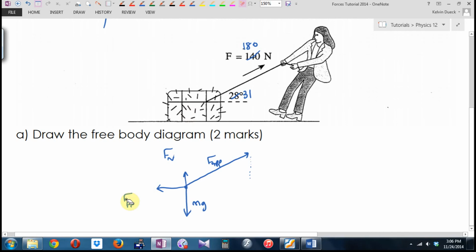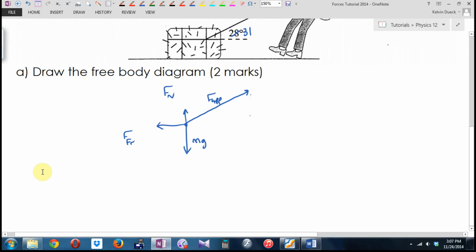What if it said that this didn't move at all? What if she's tugging and I say that it doesn't move? Then what can you tell me if that's Fx? What can you tell me about the friction force? Exactly the same. So lots I could ask if I was being nitpicky about a free body diagram. Anyhow, there's the one for this particular situation. And then I would say for part B,